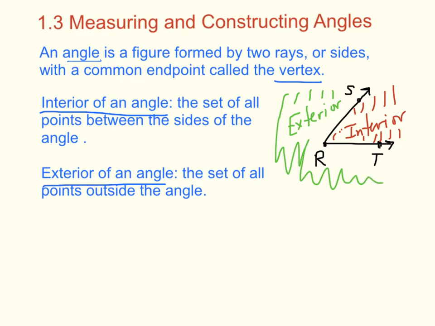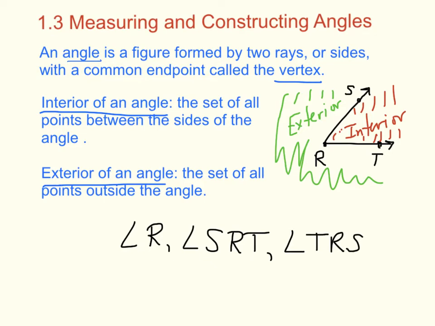Now, naming an angle. This is very, very important. You can name an angle in several ways. You can name it by its vertex. So if we're looking at the angle over here, I can name it by the vertex. I can name it angle R. I can also name it by using a point on each ray and the vertex, but the vertex has to be the middle point. So I can name this angle by using SRT or TRS. The R has to be the middle letter though, since it's the vertex. So SRT or angle